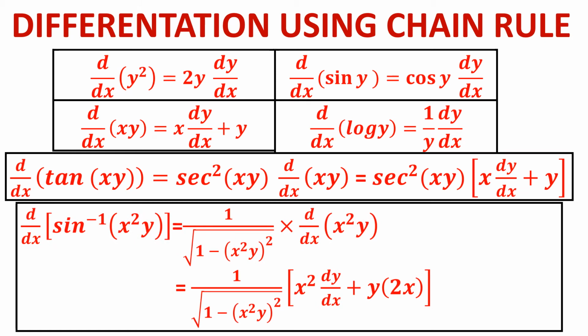Oh, another very interesting question. We will take dy by dx of sine inverse of x square y. It will be 1 by square root of 1 minus the square of that whatever, x square y, and then the differentiation of x square y. Once again, for differentiation of x square y, we are using the product rule. Keep x square, differentiate y, and keep y and differentiate x. Now this is actually being given to you to tell that whenever you are involving y, be careful. Differentiation of x is 1, but differentiation of y is dy by dx. That you should not omit. That you have to remember very carefully.